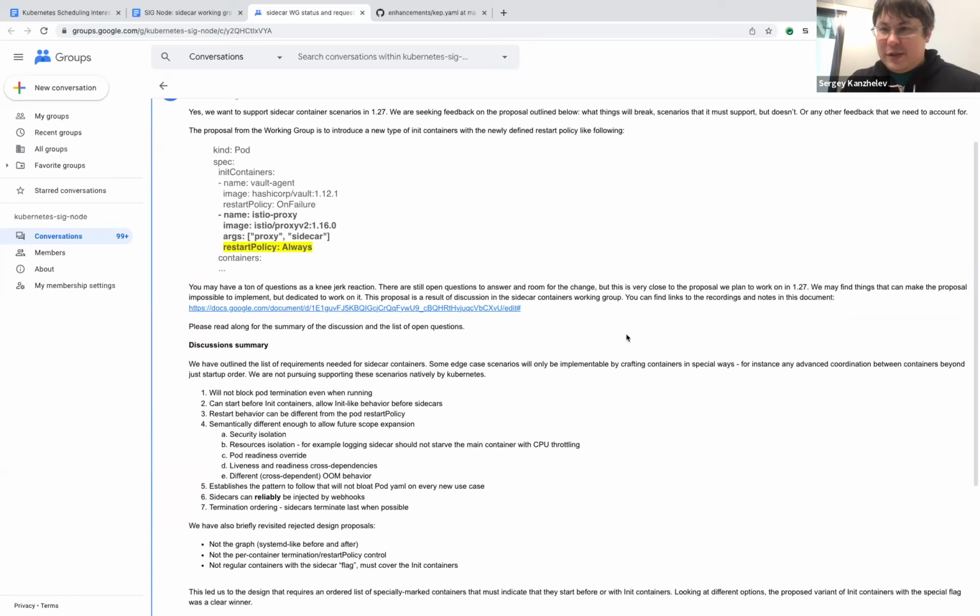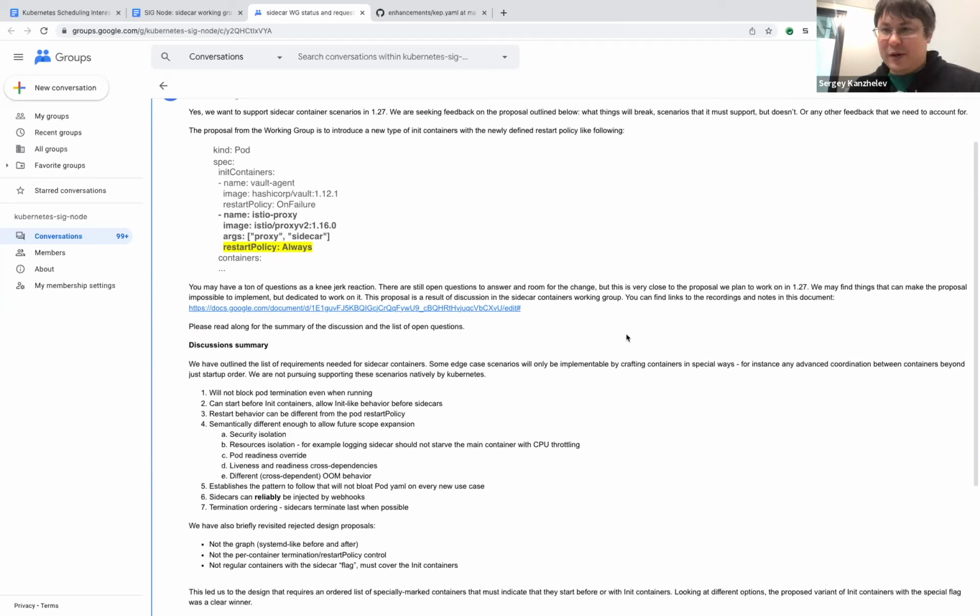And from a scheduling perspective, this change will mean that the resource calculation needs to change. If you want to understand whether a pod will fit into a specific node, the formula before was the maximum over init containers and the sum of all other containers, and you take the maximum of all of that. Now you need to be more elaborate, because these sidecar containers will run during the initialization stage and will survive through the container stage. So as a minimum, you need to add them to the sum of all the regular containers.